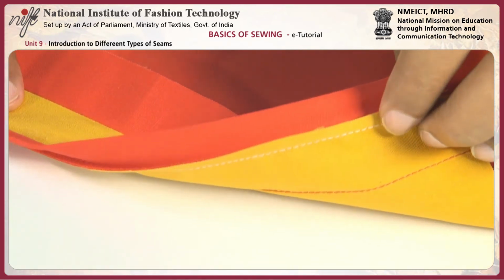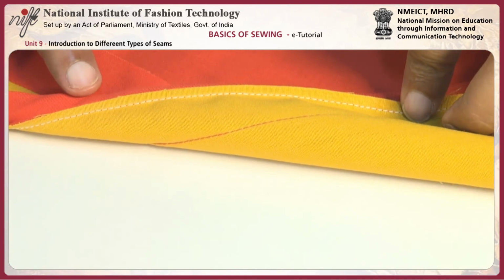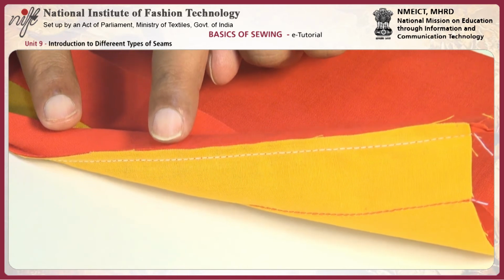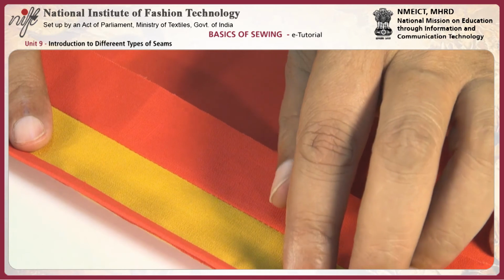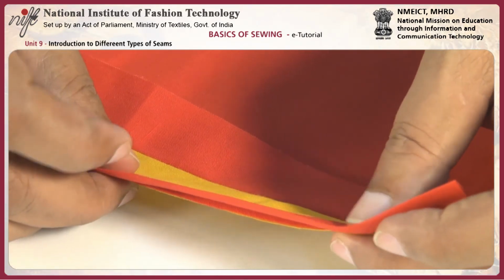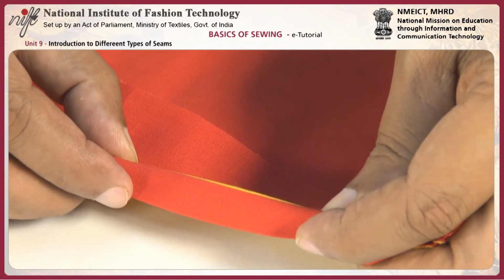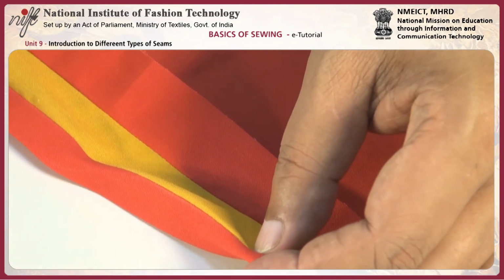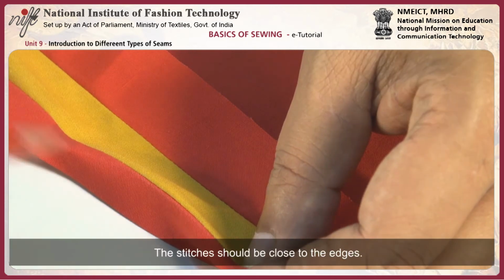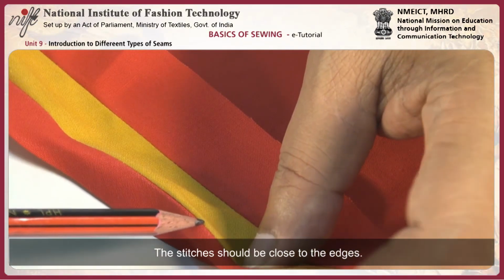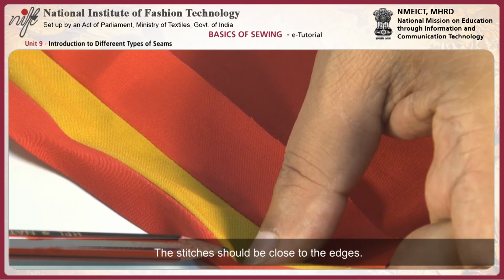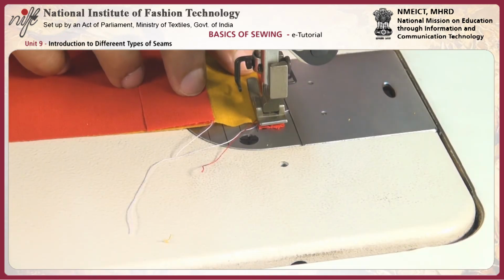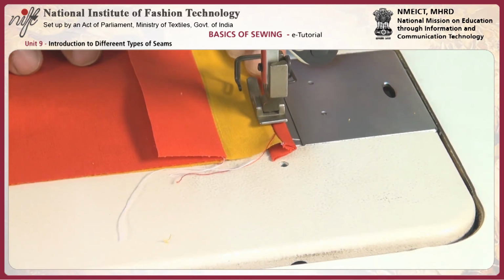Look at the situation. Seam allowance is totally towards the bias strip side, not towards the fabric side. These are the raw edges of the bias strip and the fabric. Next operation, fold this bias strip to develop piping towards the wrong side of material and stitch in ditch. Stitch in ditch means the stitch should be close to the edges, not on edges, and should not be visible on red color material. Fold the ply or bias strip inside and be careful,